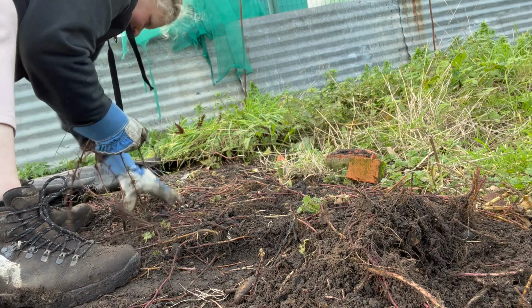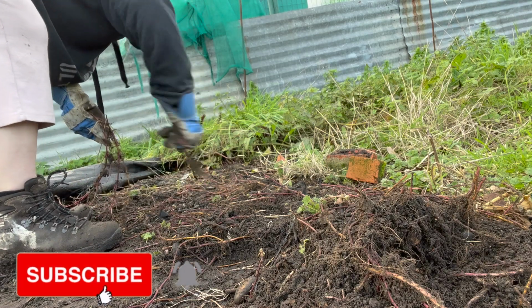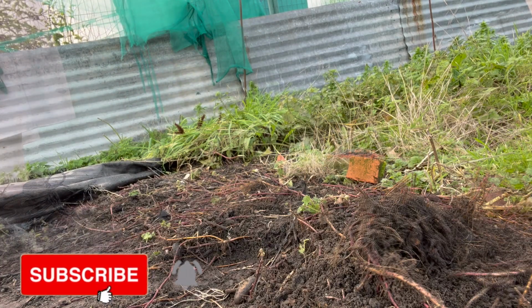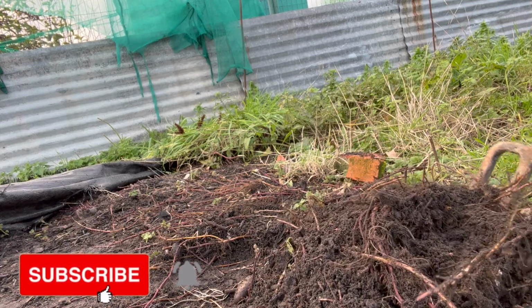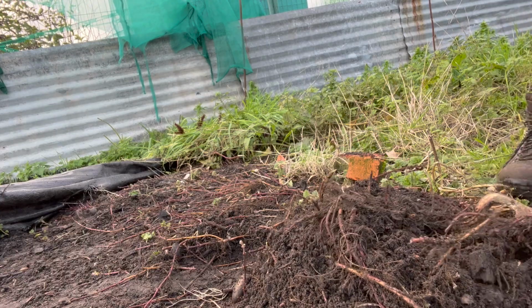But these are well established perennial weeds, and this hasn't been cultivated. This side of the allotment hasn't been worked or cultivated for 4 years. I'm the first person in 4 years to grow on this allotment. That is a long time because nobody wanted it on the basis that it was so riddled with really, really